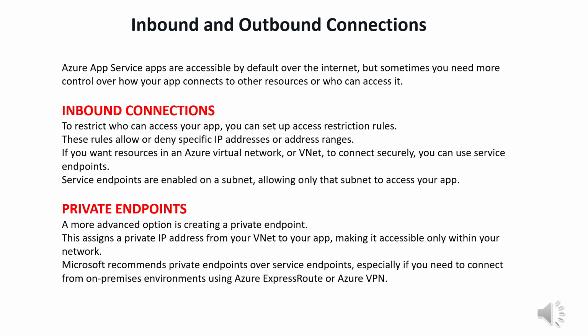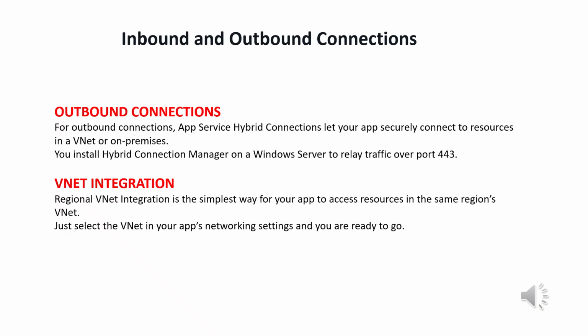A more advanced option is creating a private endpoint. This assigns a private IP address from your VNet to your app, making it accessible only within your network. Microsoft recommends private endpoints over service endpoints, especially if you need to connect from on-premises environments using Azure ExpressRoute or Azure VPN. Outbound connections. For outbound connections, App Service Hybrid Connections let your app securely connect to resources in a